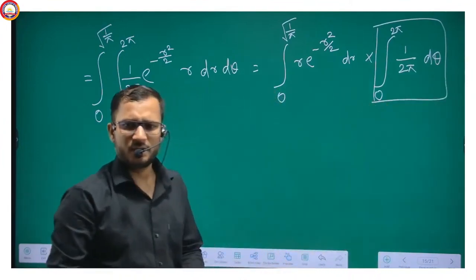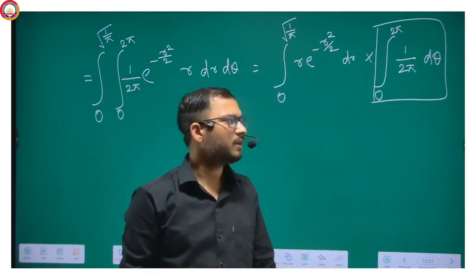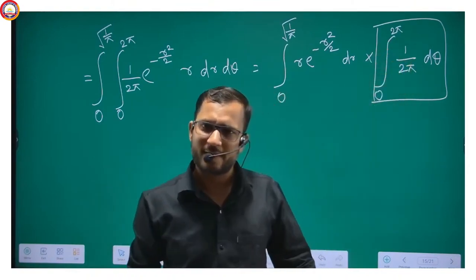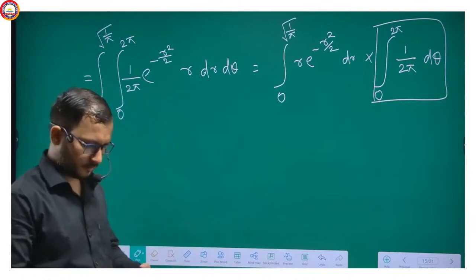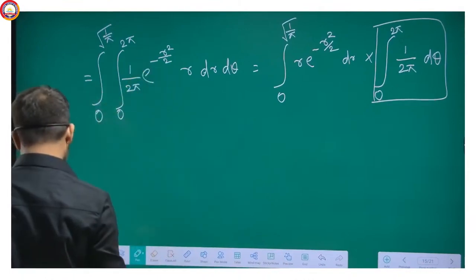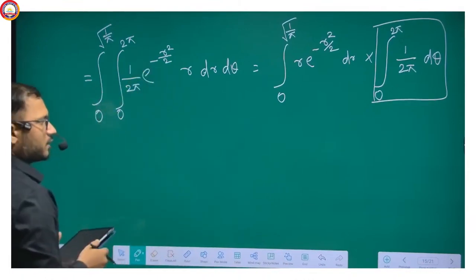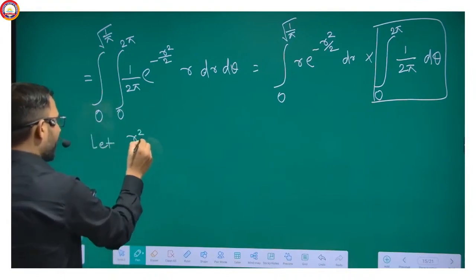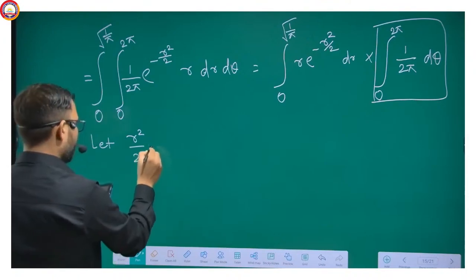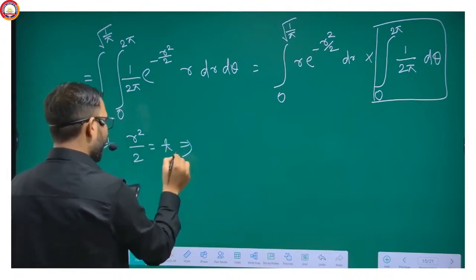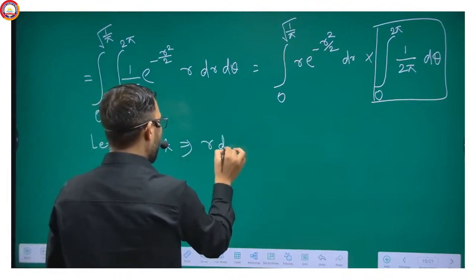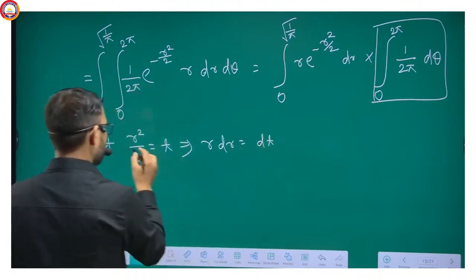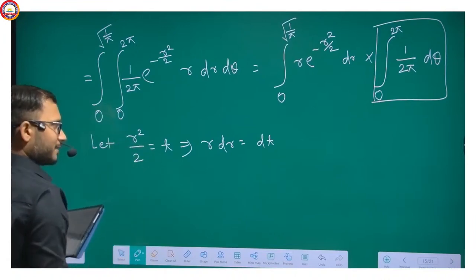As we go ahead, this integration will become 1, because this will be theta, and we will put the value 2 pi. 2 pi, 2 pi cancel, so it will be 1. Now for this one, let me do one more transformation. Let r square by 2 equal to t. This implies r dr equal to dt, because this will be 2r, so 2 cancels,